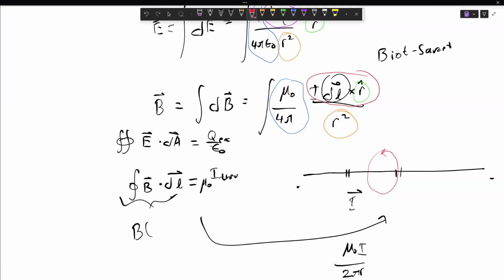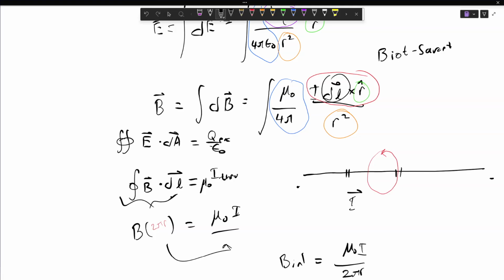And so we're going to draw our loop curling around like this, making the dot product all go away, and we just get times a 2 pi r as the length of that loop. And then because all of the current goes through it, it's just mu naught times I divided over. Again, like 2 lines of algebra to figure out the B field of an infinite wire